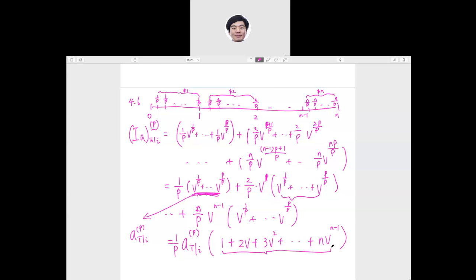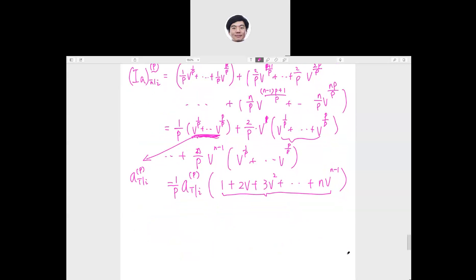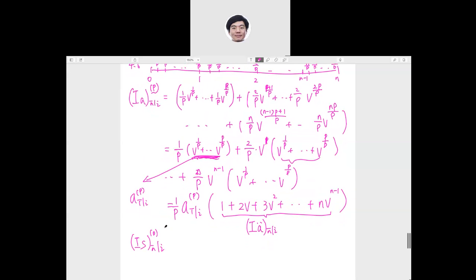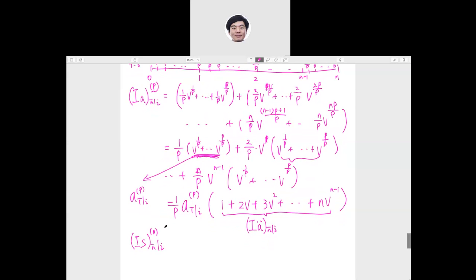This is not something new to us, right? This is increasing annuity due, right? Then we have the result for the increasing annuity payable piecely. Once we know IA, we know IS, and obviously we also want to derive the decreasing part, if you are trying to work on that. Let me introduce the last one, and then we will conclude